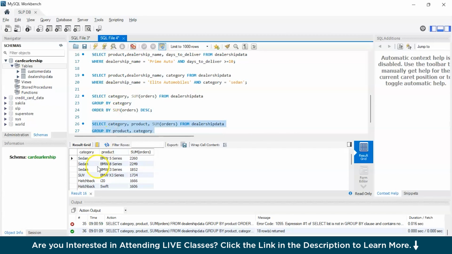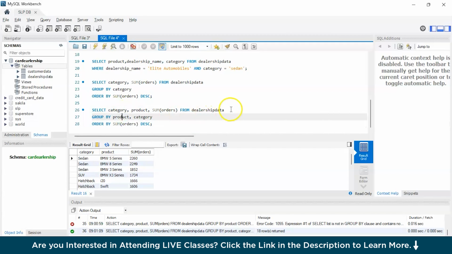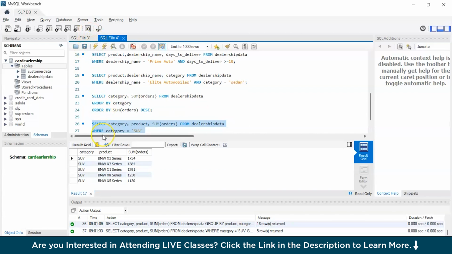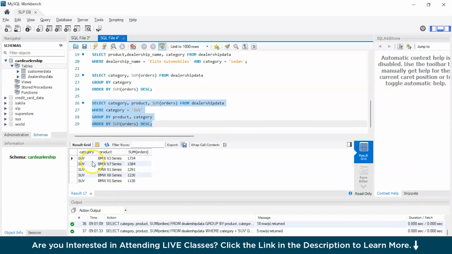There you go. So now we also might have to use a where command here, where category is equals to SUV. Now run the query. I guess you will find the answer. There you go. So BMW X3 series is that one SUV which is getting a lot of orders, right? Now if you scroll down, yeah, these are the